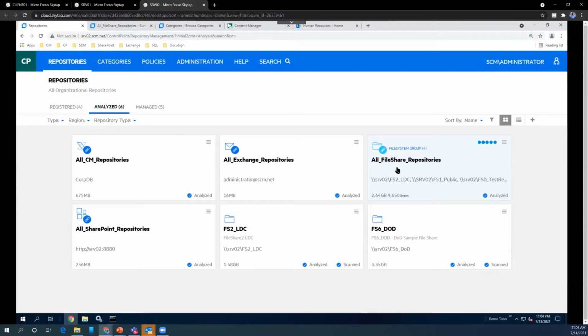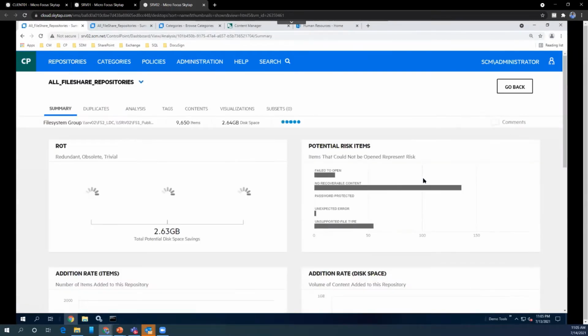You may have different physical storages assigned to a single person, so you want to know if a person has multiple documents or copies of a document duplicated across different repositories, or sensitive data spread across different repositories. You can get a view of that.